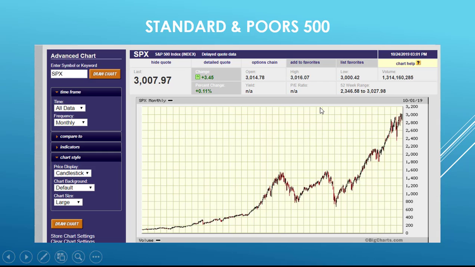Let's take a look at the Standard & Poor's index for the same period of time, the S&P 500. Once again, we have a bullish run here with a nice run up, then a bearish function coming along. These are monthly candlesticks, followed by another bullish run, a bearish adjustment, and then continuing on as a bullish function with a couple of bearish adjustments going forward.